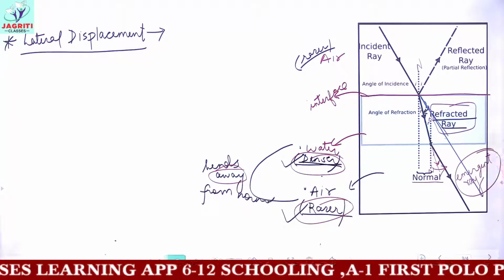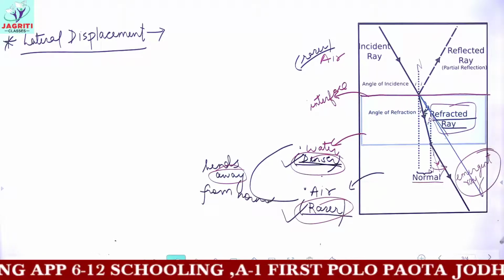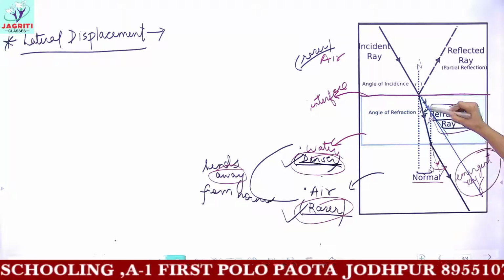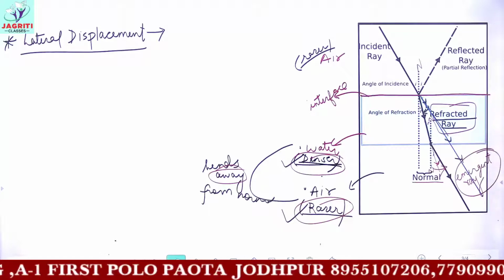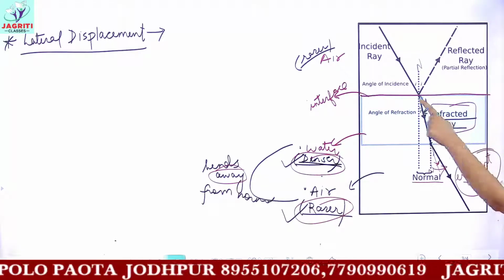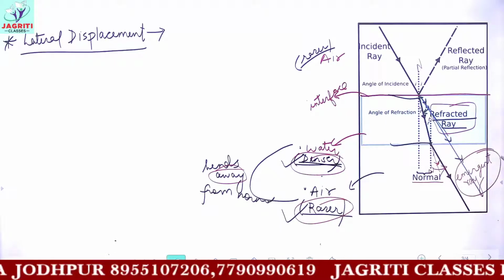If this incident ray is striking on any medium, and no refraction occurs, then this path shown by the blue color would be the original path of the incident ray. But see, after undergoing refraction, firstly at this interface and now at this interface, the emergent ray